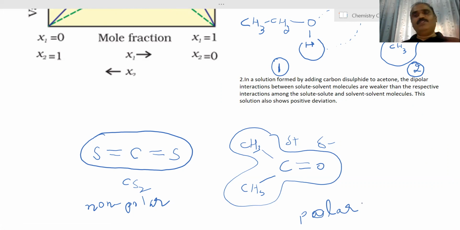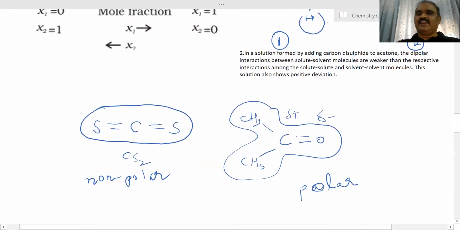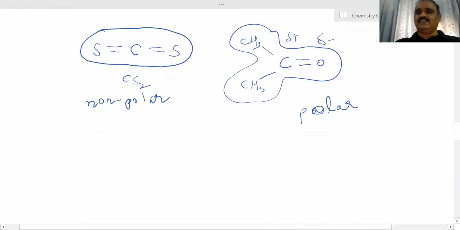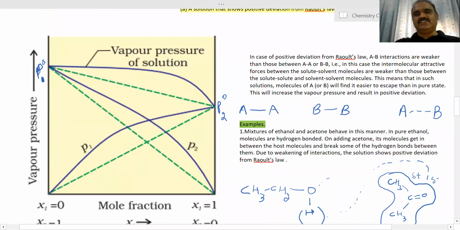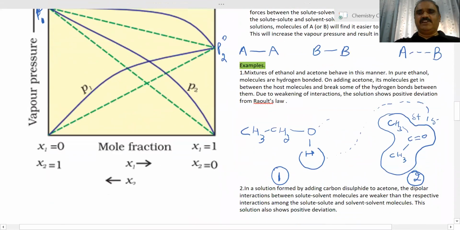When these are mixed together, we get a homogeneous mixture, uniform distribution, polar molecules surrounded by non-polar, non-polar by polar. So what happens? The dipole-dipole interactions of acetone molecules dissociate and weaker interactions are formed, like the first case. So again, it is showing positive deviations. All three things you can explain similarly. I think you have got this. So this is the graph which represents positive deviations from Raoult's law. And this is the literature. You can learn it now.